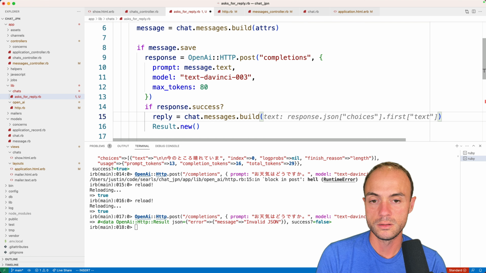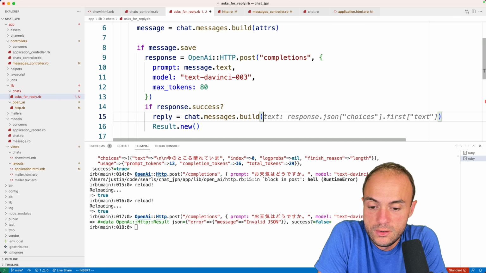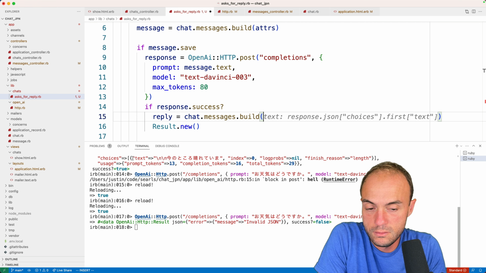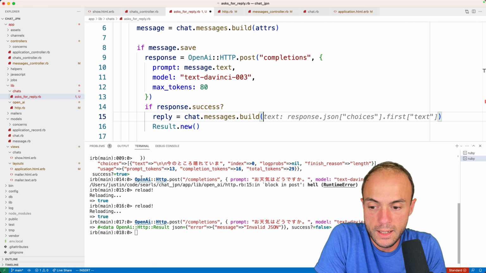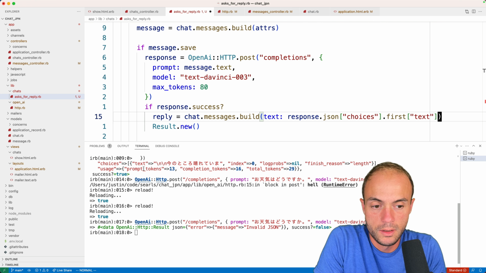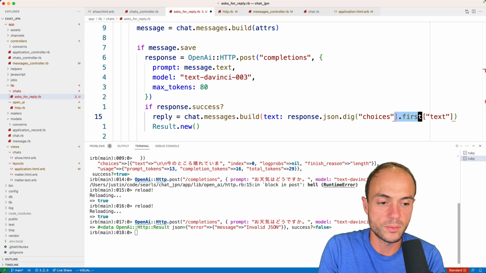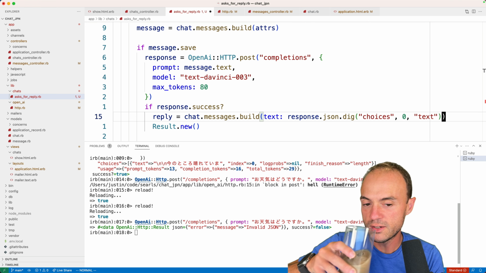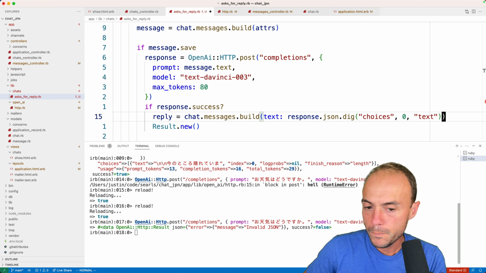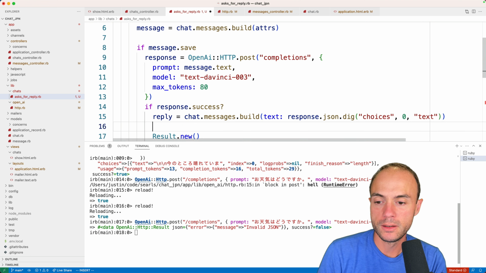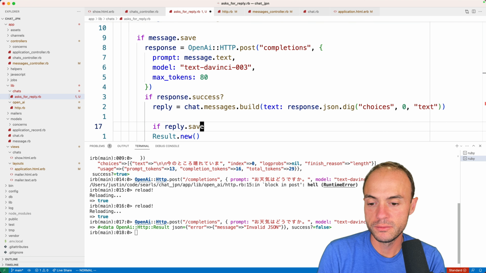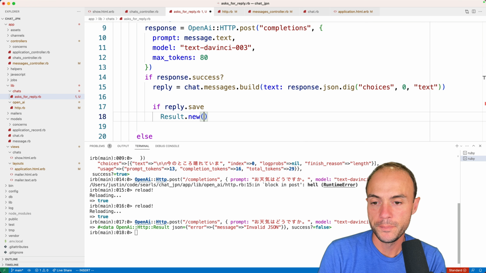chat.messages.build. Right now we only have texts. And that JSON is going to have a text field, and choices. Yep. So we could say json.dig. Whenever I have more than one thing using the subscript operator, I feel better using dig because I'm less likely to get a nil blow up. Okay, and then if reply.save, so much nesting, then